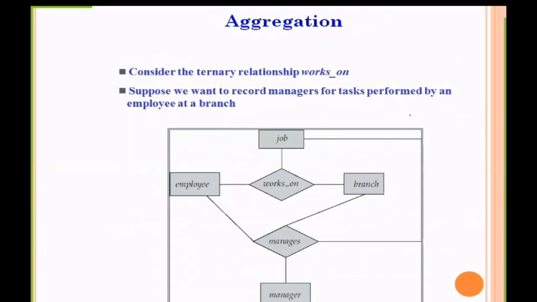So manages is a part of works on, because a particular employee is working on a particular job with a particular branch, and for this particular job somebody is managing that particular employee. So manages is a part of works on. There is an aggregation.